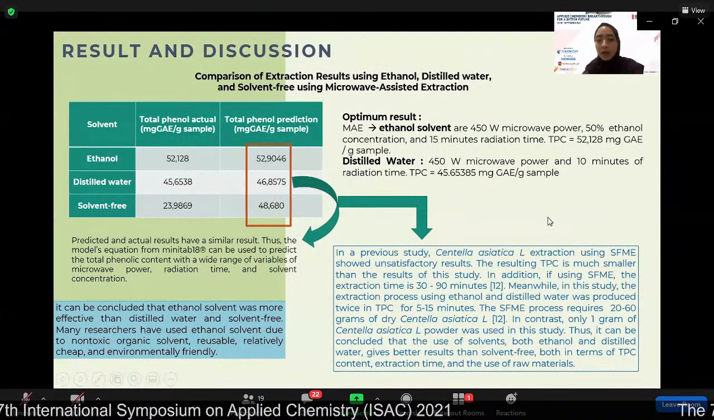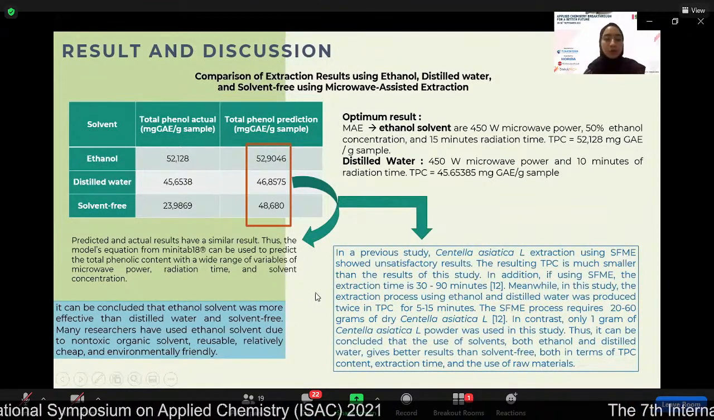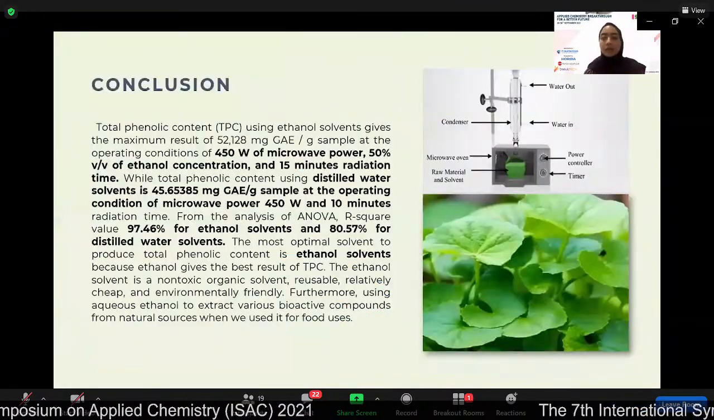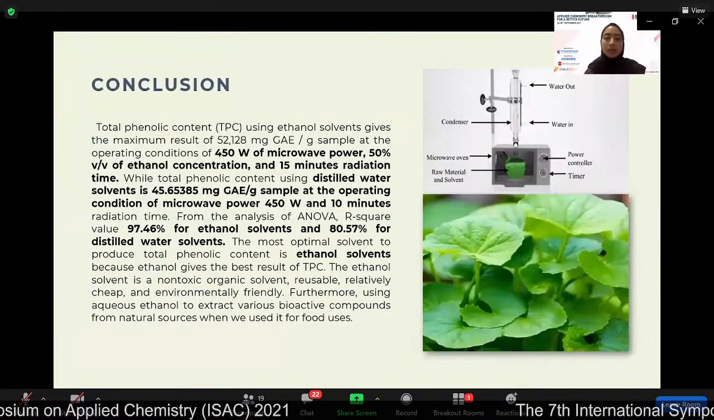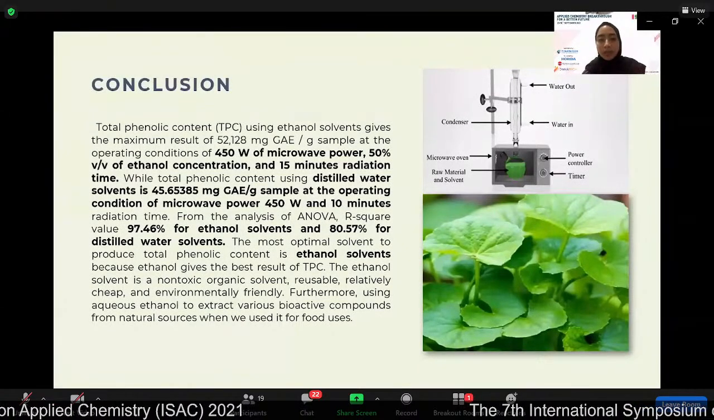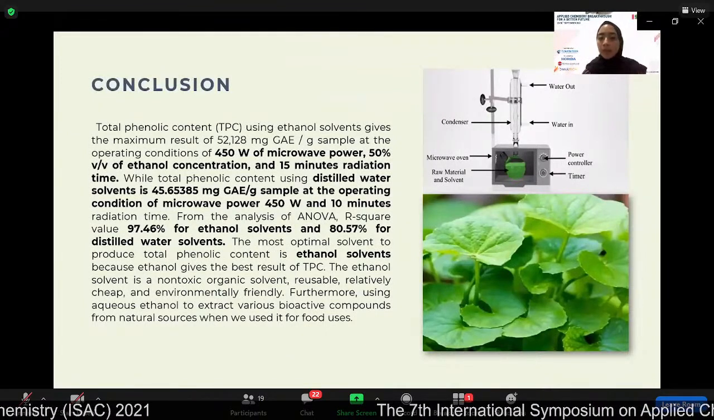This is the optimal value for the ethanol solvent and distilled water solvent. Then it can be concluded that the ethanol solvent was more effective than distilled water and the solvent-free. And this is the conclusion of our study: the total phenolic content using ethanol solvent gave the maximum result of 52.128 milligram gallic acid equivalent per gram sample at the operating condition of 450 watt microwave power, 50% ethanol concentration,